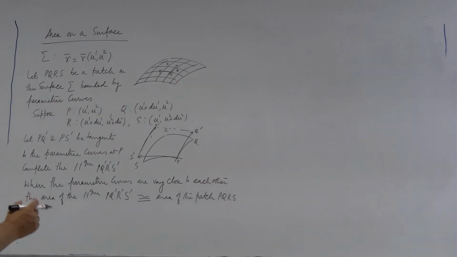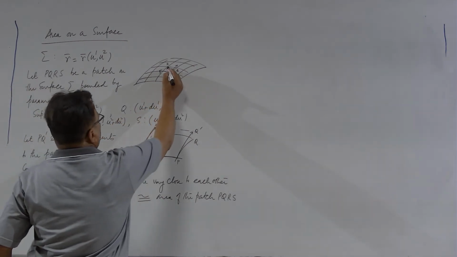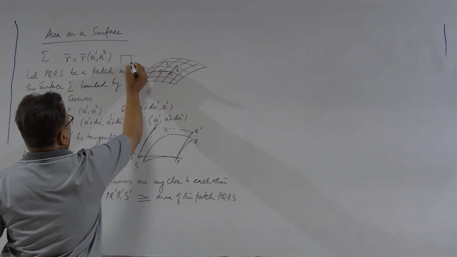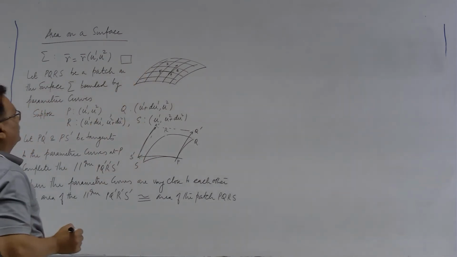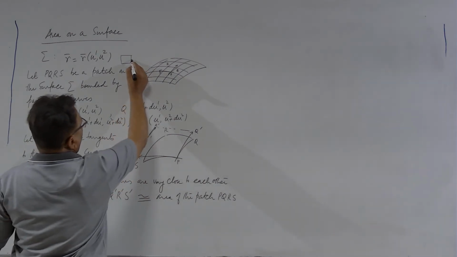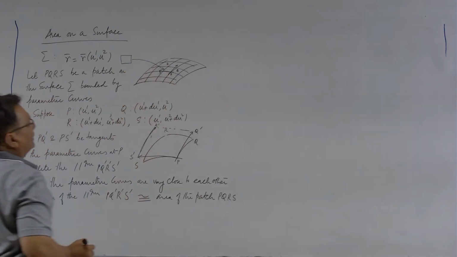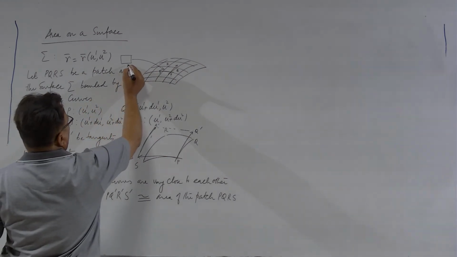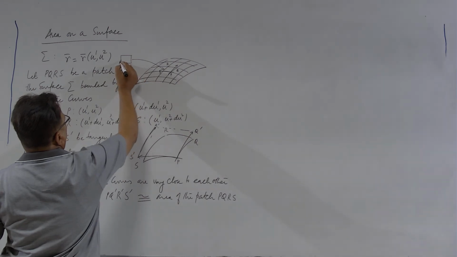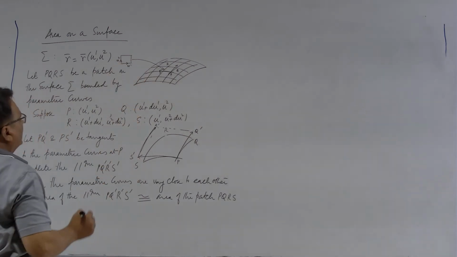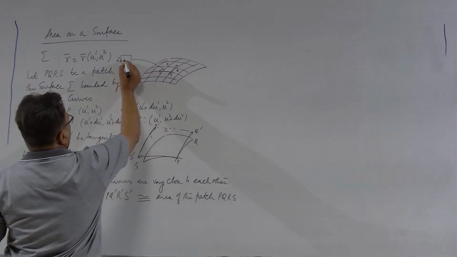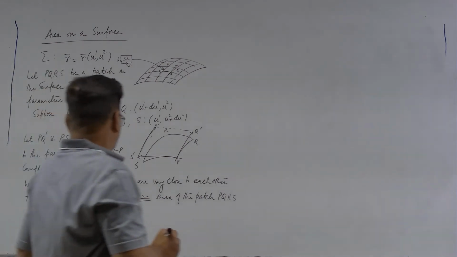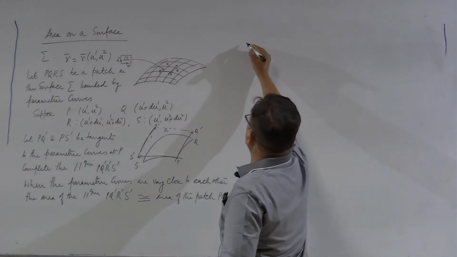This region or this patch is in fact the image of a small rectangle in the plane. So, the image of this small rectangle is in fact this patch P Q R S. Here you have u1 varying here, u2 varying over here. Let me call the area of this rectangle omega. So, area of the parallelogram